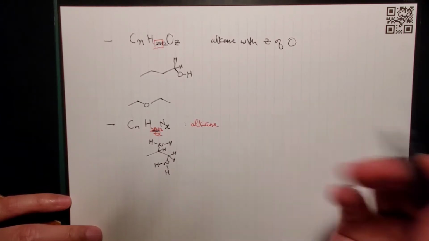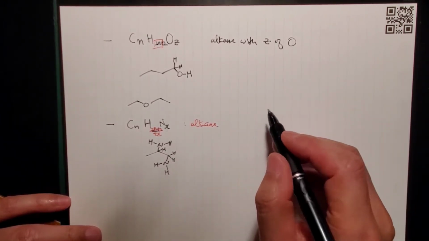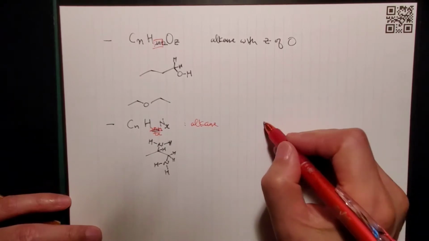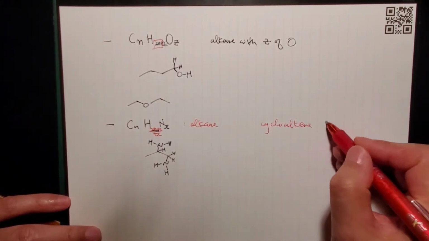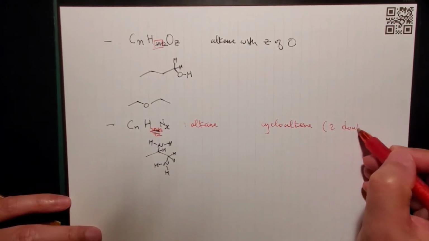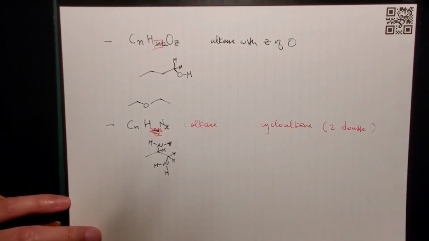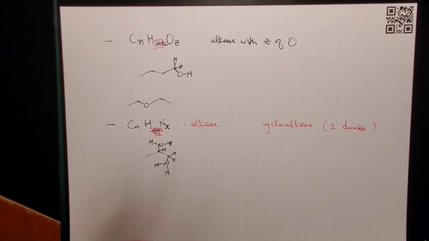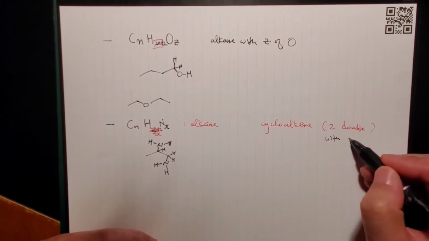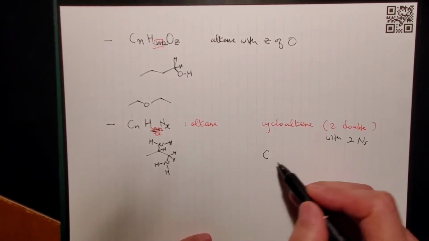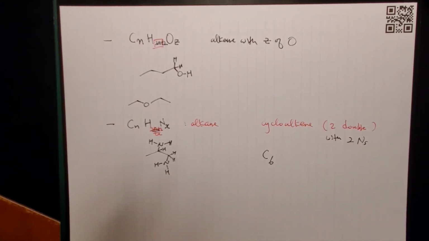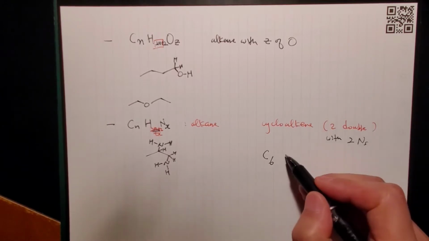So what if you have an alkene? We cannot do all of them, right? So let's try a cycloalkene with 2 double bonds. So how do you come up with the formula? With 2 nitrogens in it. So when you have, say, 6 carbons and you have 2 double bonds,